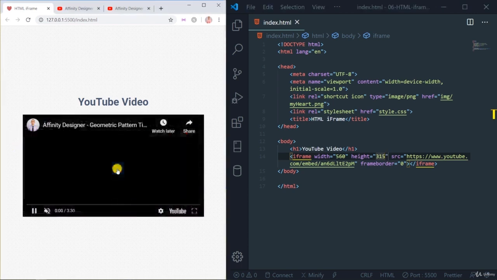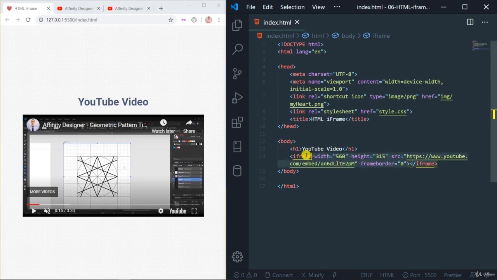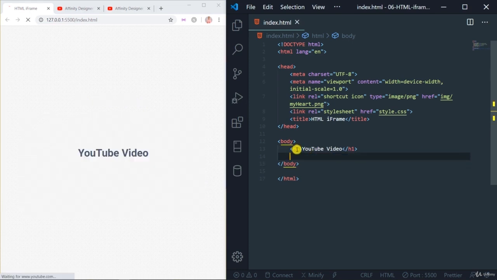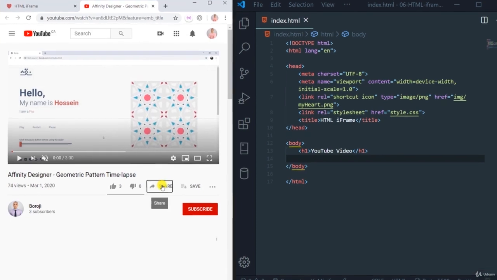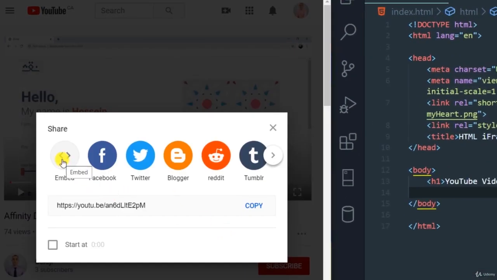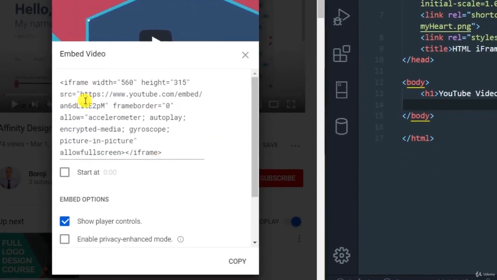So if we press play, you see that we cannot make it full screen like other videos that we had. So let's just delete this. Since we no longer need it, the alternative way is if you go to a YouTube video or any video that you have, there is a share button here. So you press on the share button, and then you see you can share it on any platform you want, or you can press on embed. So when you press on embed, you see the code appears here. So you just press on copy,